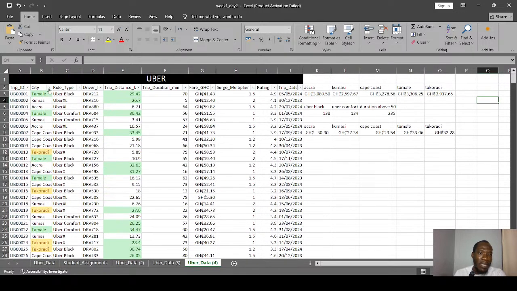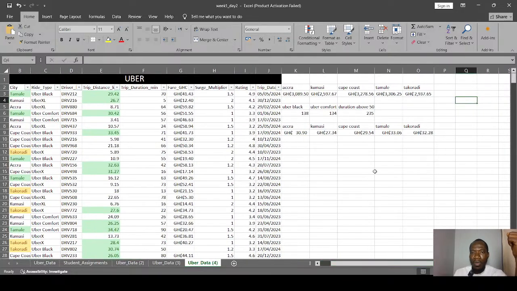Or if you are interested, you can use your filtering to filter out whatever you want. But if you want to show everything and highlight some of the things, you use your conditional formatting. Then we moved on to other forms of the if condition, where we use the sum if, then we came to the count if, then we looked at the average if as well.